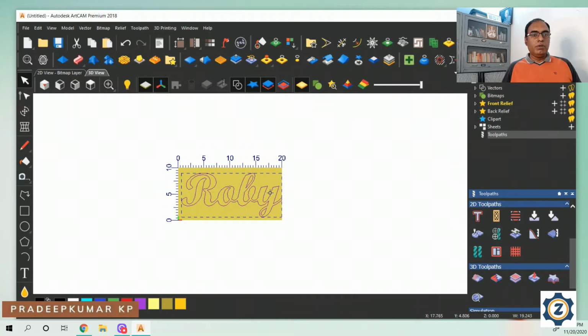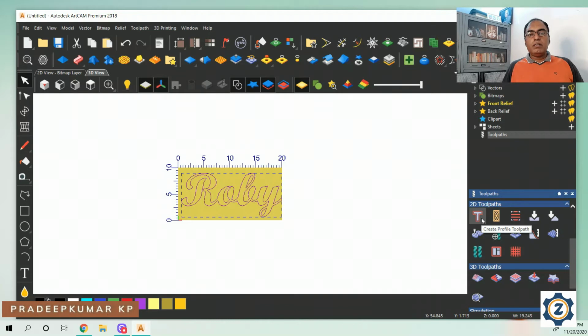Otherwise we have to first check with the vector doctor whether these vectors are good enough to give a toolpath. Maybe there is some problem, some gap, or some interlock, which will not allow the toolpaths to be done properly. So we will proceed with the same thing.